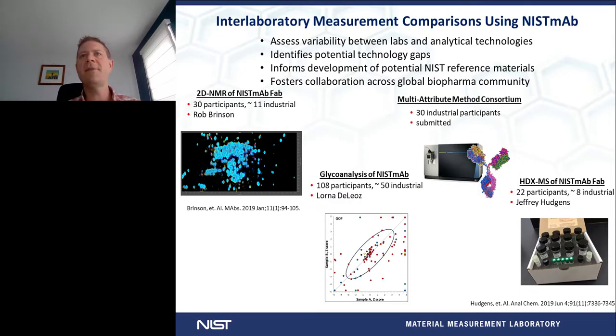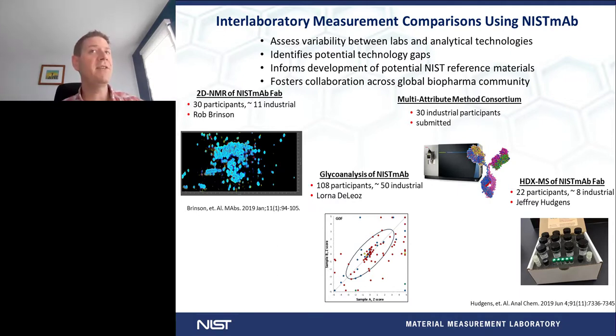So once we've had this material now publicly available, we now have initiated interlaboratory measurement comparisons. This is actually an extension also on the ACS books, where we've selected a number of emerging analytical techniques, and those that could sort of use an interlaboratory assessment of things like the potential sources of variability and precision amongst these individual assays, how these assays are actually being performed in the biopharmaceutical industry. So it could potentially identify places where additional development may be needed.